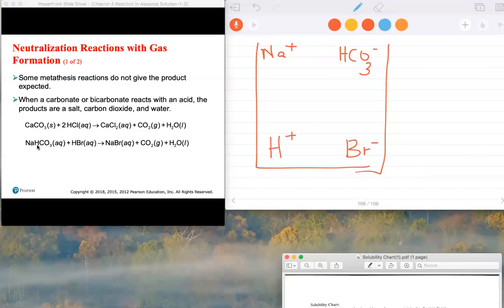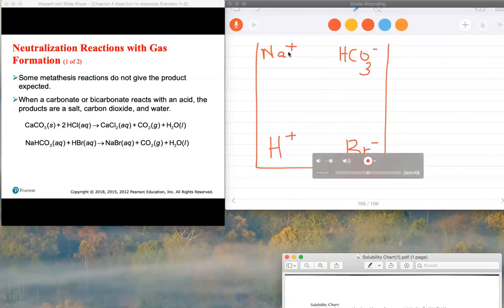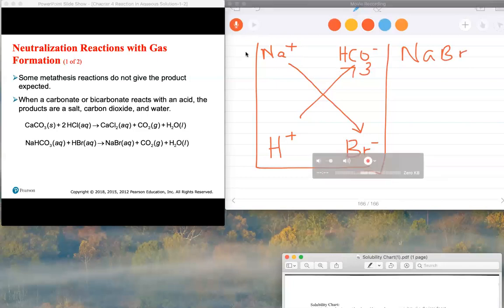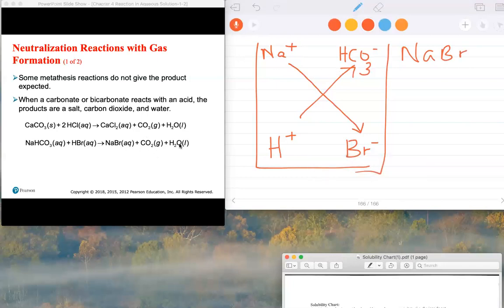If you look at the charges on the ions and polyatomic ions, it helps me in writing the correct formula of the product. This is the crossover rule. Even though you see this NaBr, that is okay, but you are wondering why not this